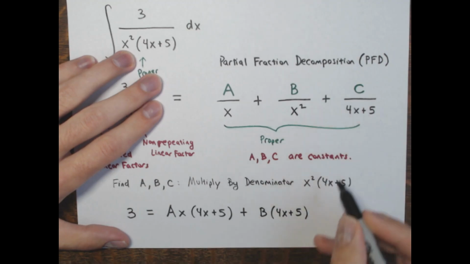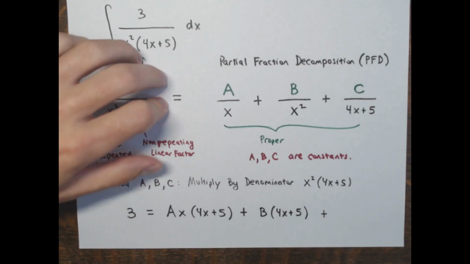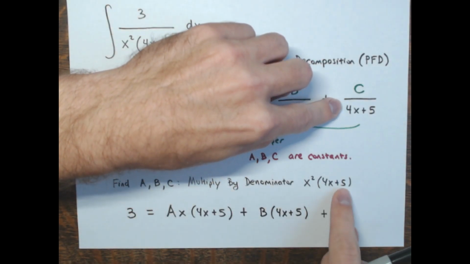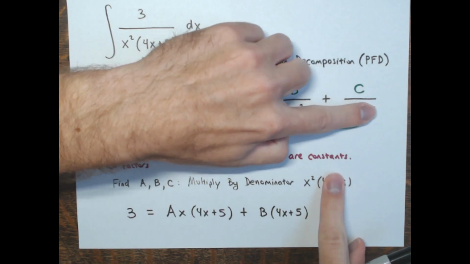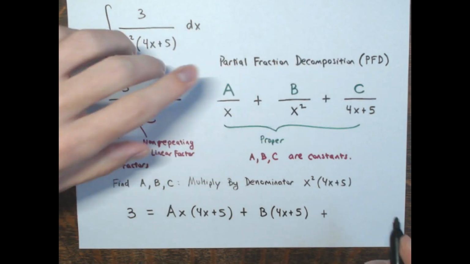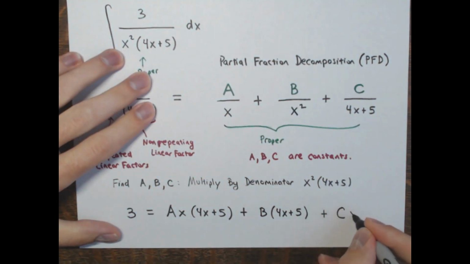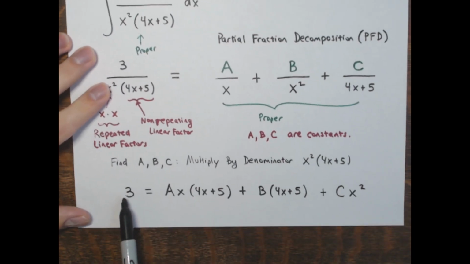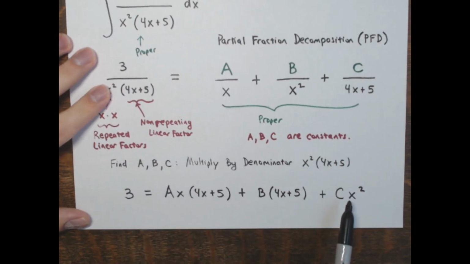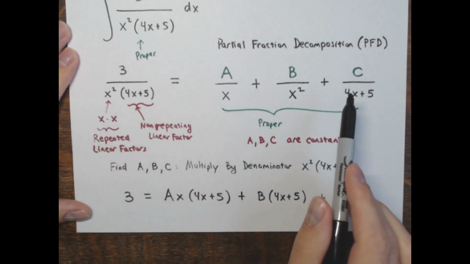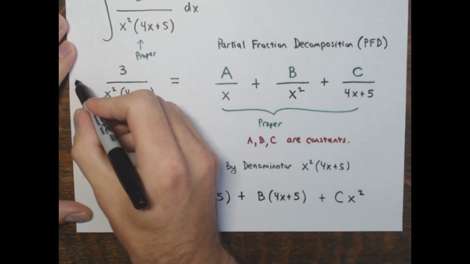And then finally, the last fraction I got here, when I multiply this constant c over 4x plus 5 by the denominator, the 4x plus 5s will go away, and then I'm left with c times x squared. All right, so what we end up with here is a polynomial equal to another polynomial. And I'm trying to set up an identity. This should be an identity,